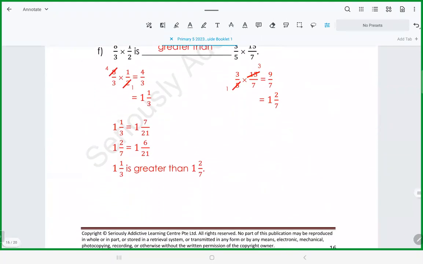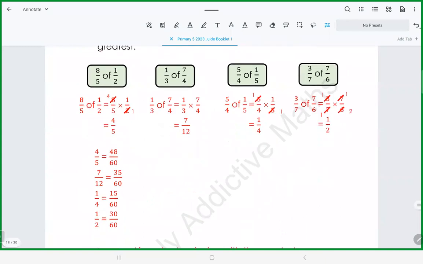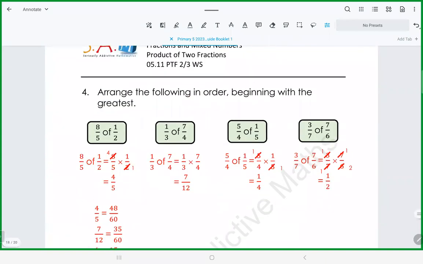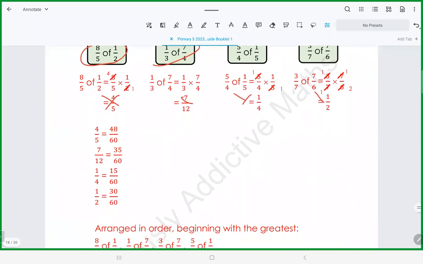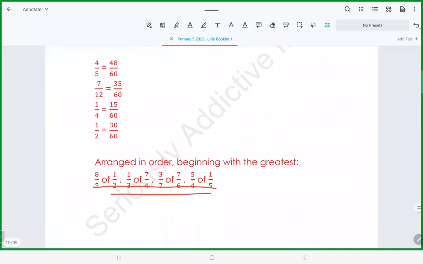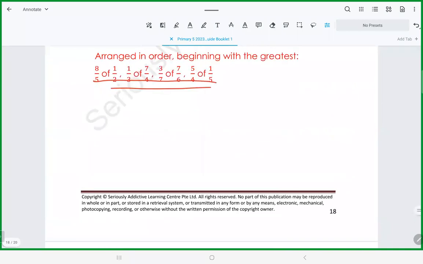The rest are arranged, so I wouldn't want them to do this as class practice. But I can prepare them for homework by telling them what's required. Again, they need to find the product. When they arrange the answer, they cannot write the answer here or arrange it in answers, but they have to replicate it based on what is provided here. So remind them that they need to do this. And that's done